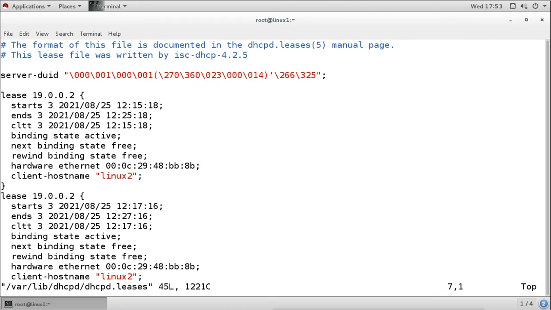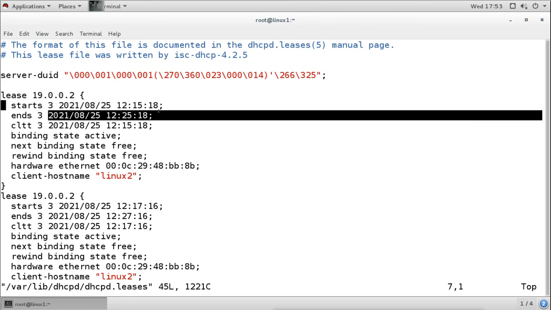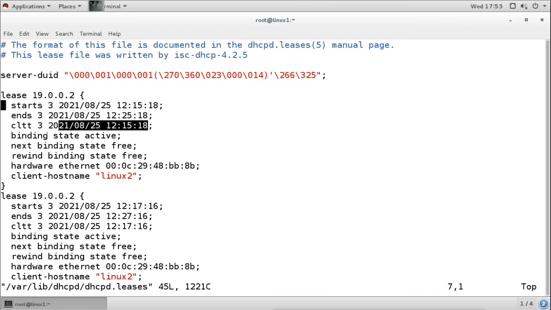So the first time, 19.0.0.2 is given to this. It starts from this time, ends on this time, and is controlled on this time, and the binding state is active, next binding state is free, rebinding state is free, and this is the MAC address of that system, and this is the name of that system.